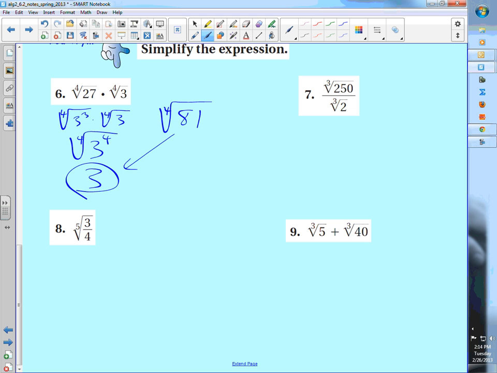What should I do with 7? What could I do with 7? Times it by the cubic root of 2 squared. You could, and that would get rid of the radical on the bottom. And, well, it wouldn't get rid of the one on the top, but